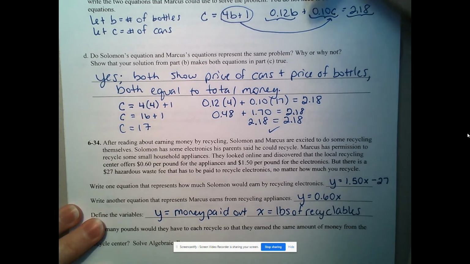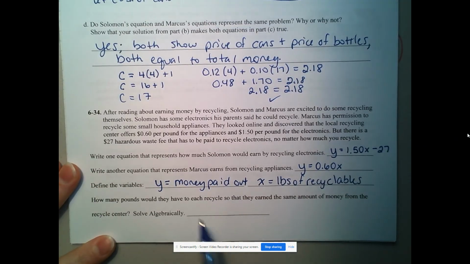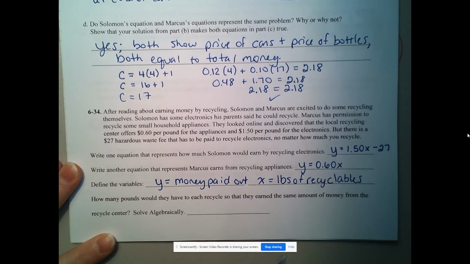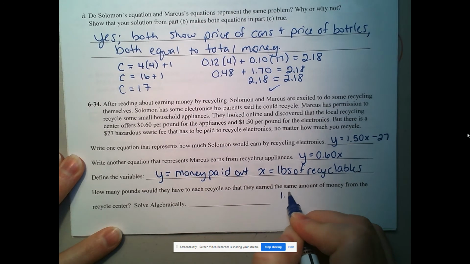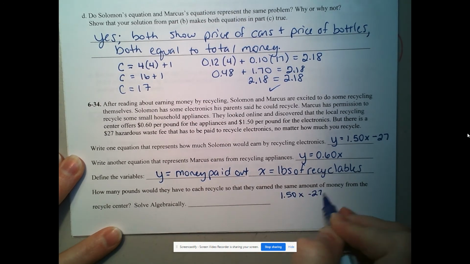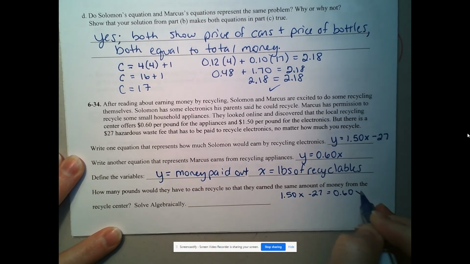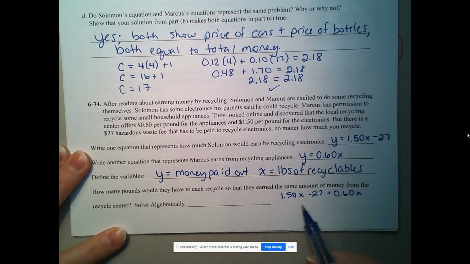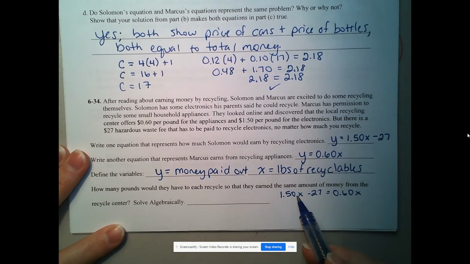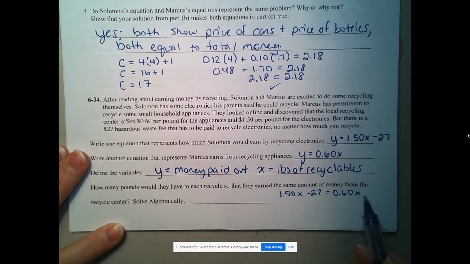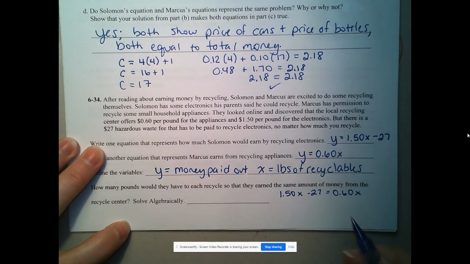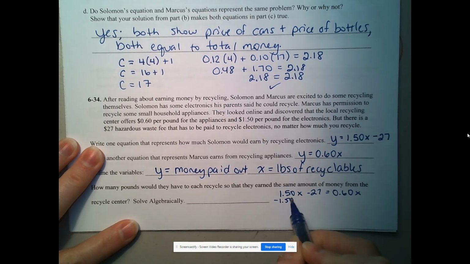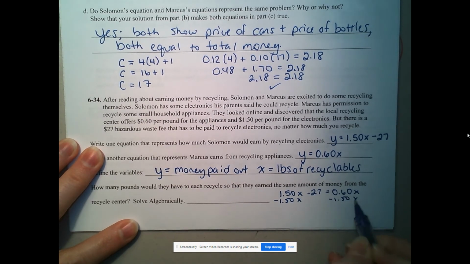And the reason that I use the same variable for both of them is because I actually knew ahead I was going to ask you to find out when they earn the same amount of money from the recycling center. So I can set those equal to each other to find out when they're the same. Now, X was pounds. So when will the pounds of electronics and the pounds of appliances yield the same amount of money paid out? So if I wanted to take away the $1.50 X from both sides, I would have